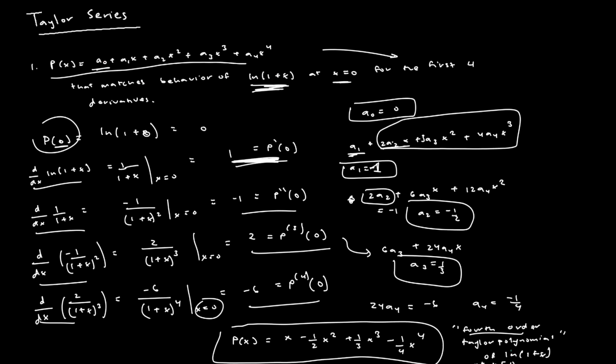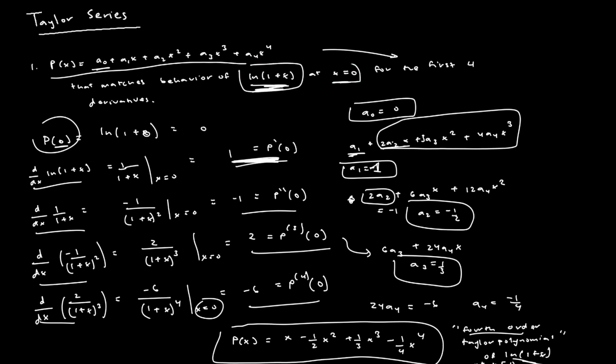So that's that part. And then natural log of 1 plus x is that function that we were trying to emulate the behavior of. And the Taylor polynomial is this method that we have used to calculate the resultant polynomial that we got over here at the bottom. It is called the Taylor polynomial. We'll get more into the general formation of the Taylor polynomial, but I think the most important thing for now is to see that basically what we did was we wanted a polynomial that emulated the behavior of this function, and